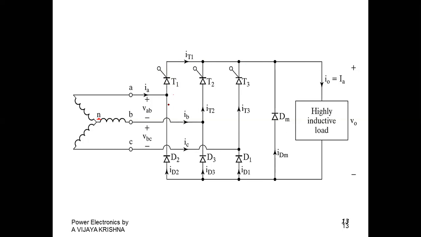The diodes D1, D2, D3 provided within this circuit merely provide a return path for the current to the most negative line terminal. Those are nothing but the return path. The circuit should be considered connected like this. I have not shown it here, but it should be a return path.